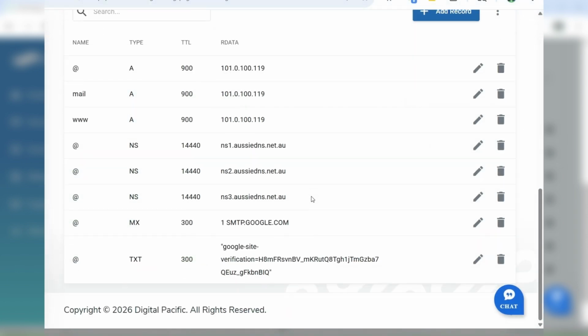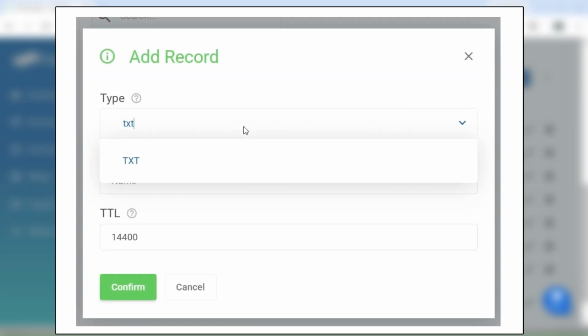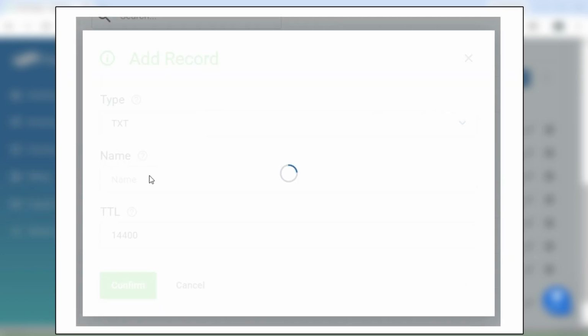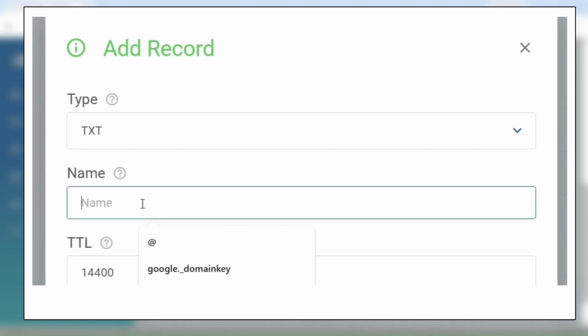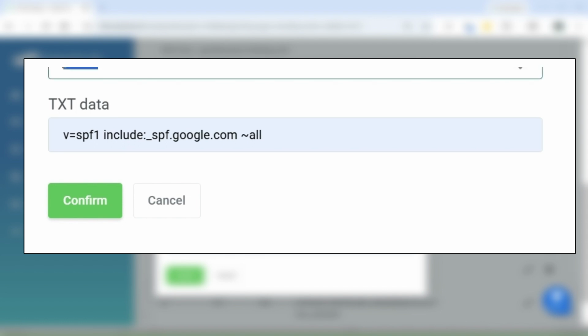If you don't see an SPF record, then click Add New Record. Select Text for the type of record. In the name or host section, just type the @ symbol. In the value, you're going to put this exact phrase, and you can copy and paste it from the description